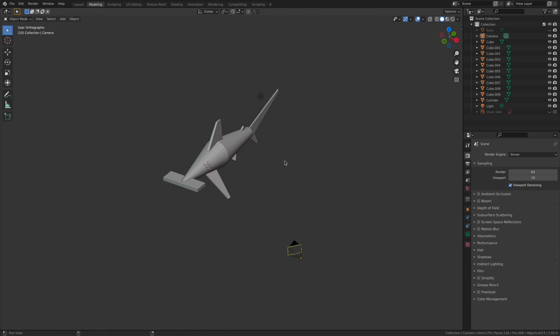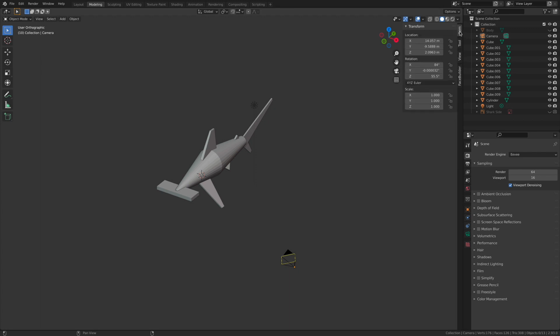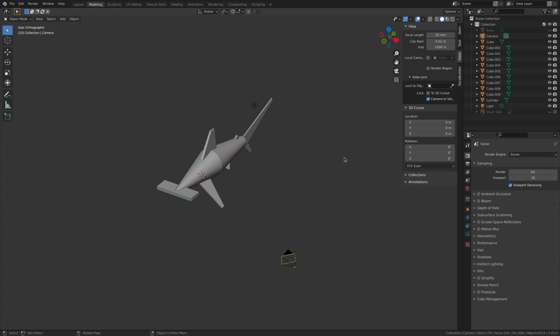Well, luckily the solution is pretty easy, and unfortunately it is a little hidden. Let me show you where to do it. So remember the goal here. I want to be able to look through my camera and use my viewport navigation commands to quickly change the orientation of my camera so that I can compose a different shot. The way we do that is by hitting the N key, N for November, which is going to slide open some additional properties. And specifically, you need to go into this little View tab. These are item properties, our tool properties, but this View tab here is going to give us the option that we're looking for, and it's Camera to Viewport. With this turned on, we're going to get the result that we're after.